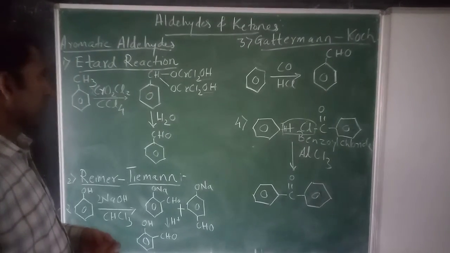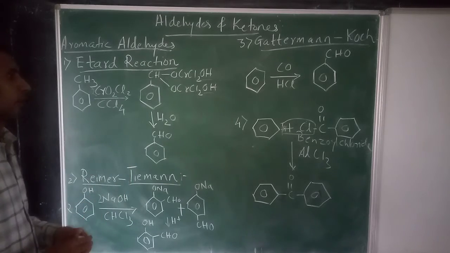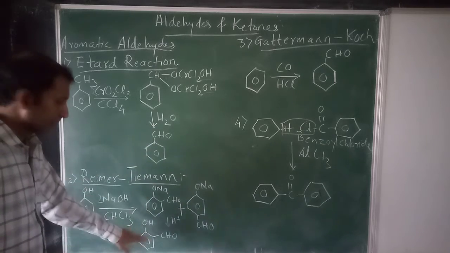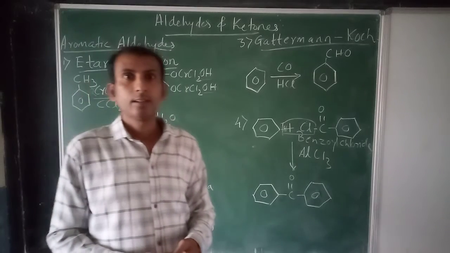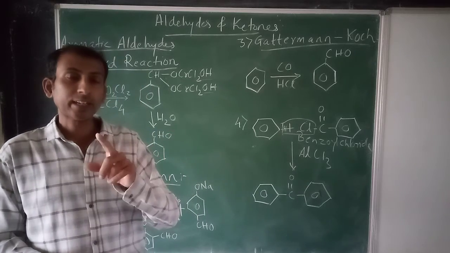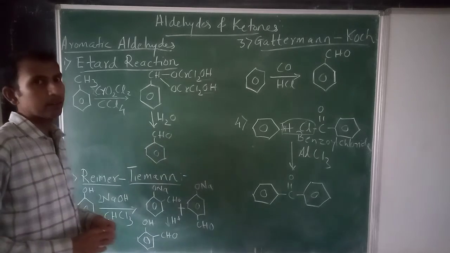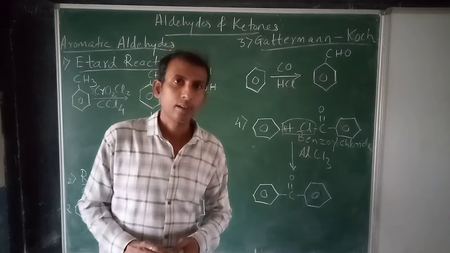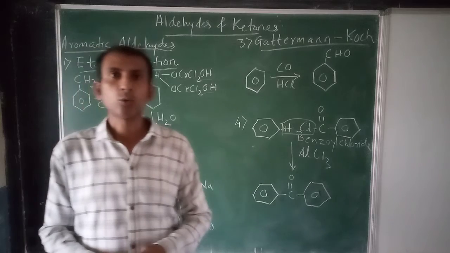So these are the four methods of preparation of aromatic aldehyde and ketone. As you can see, in each reaction, in the final products, we have a benzene ring. At least one benzene ring is there in the final product. That's why these are examples of methods of preparation of aromatic aldehydes and ketones. In my notes also I have given the same examples. So I hope you have practiced the reaction, and again the revision question also you have got for this particular note.